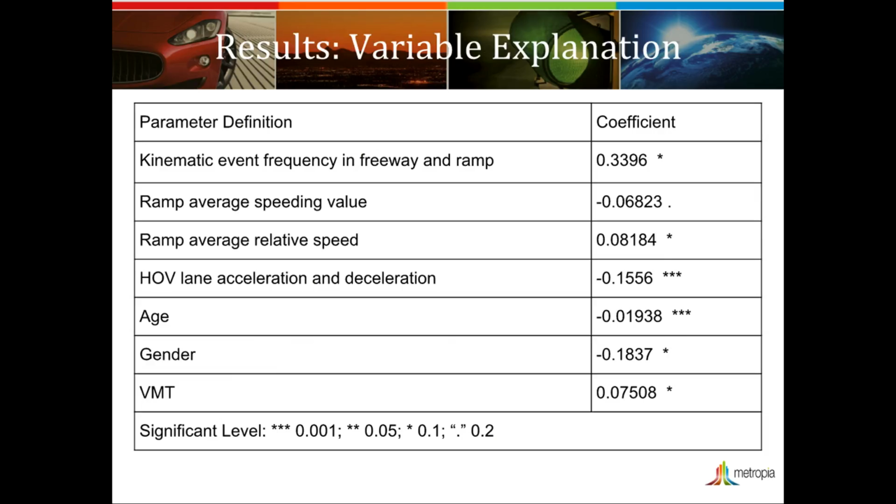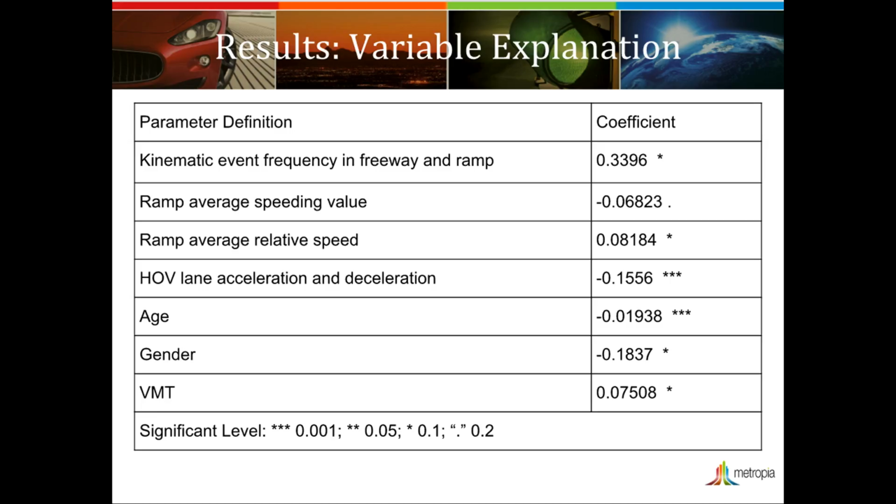Additionally, several research findings can be drawn from the modeling results. First, the more frequently a driver changes their speed on the freeway, the higher crash risks they suffer from. Similar variables related with other types of roads are not significant in the model. Also, according to the speeding value at row number 3, driving faster than the speed limit is negatively related with crash risk, indicating that driving at a speed lower than the speed limit on a ramp may be associated with a higher crash risk. In addition, based on row number 4, it is found that drivers who drive at a speed faster than others on the ramp are more likely to have a higher crash rate.